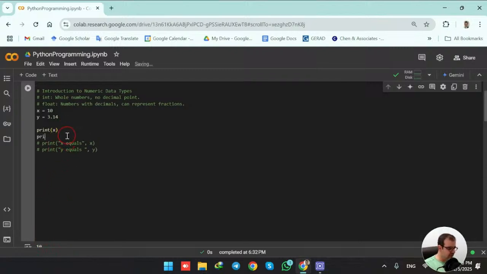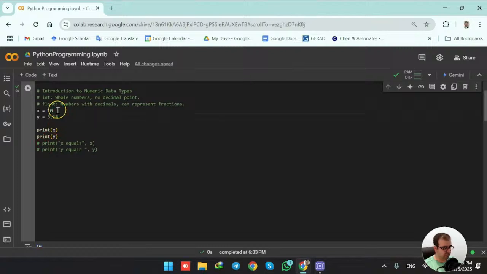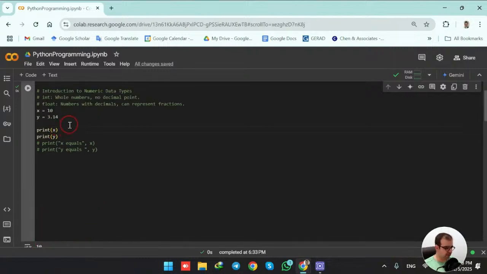And if I want to print y, I type down the keyword, and within parentheses, I'm typing down the name of the variable, and it is going to print that. So when I compile again, I see 10 and 3.14, which are the values for x and y respectively. But when I see this, maybe it would be nice to have some explanation. So now I comment these two lines using a pound sign, and I uncomment this part